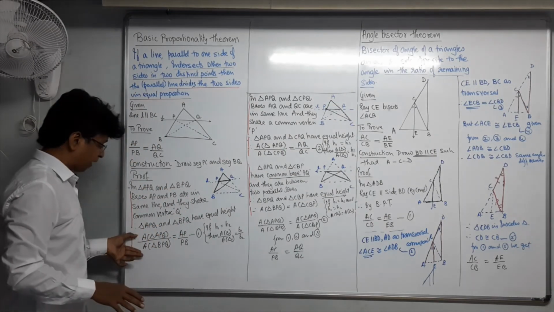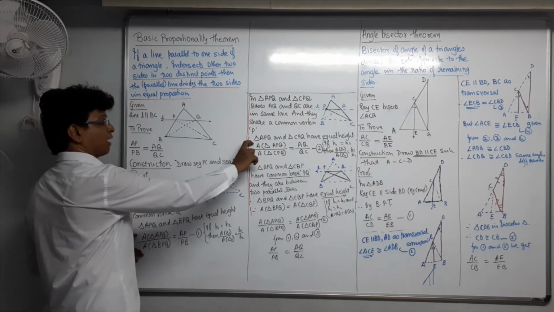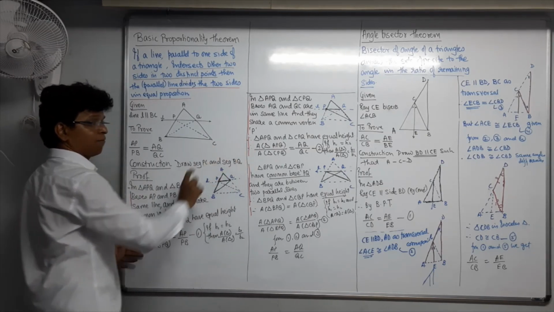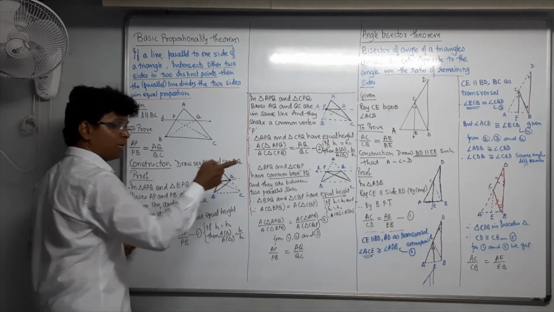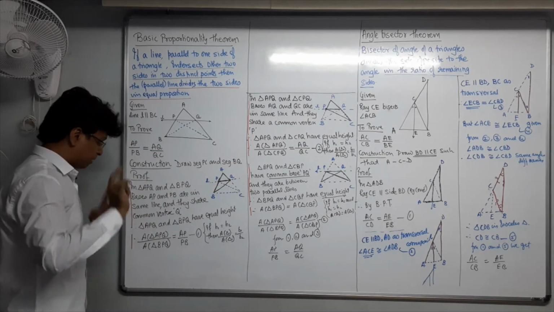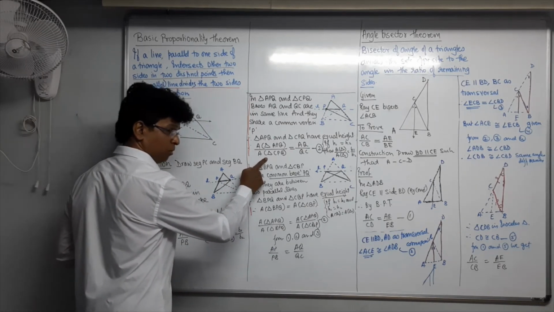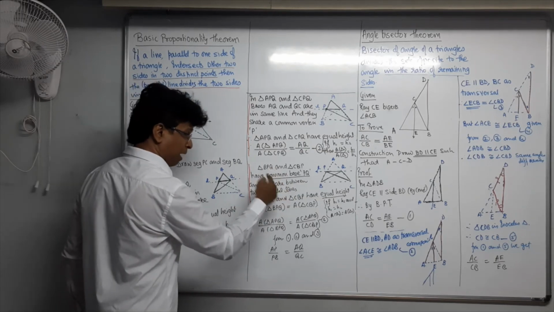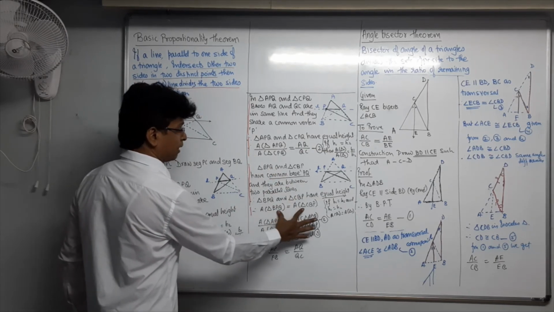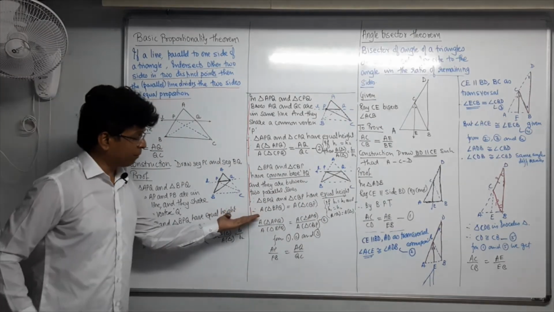I have to show area of triangle APQ upon area of triangle BPQ is equal to area of triangle APQ upon area of triangle CPQ. This I have to show. But in that also, area of triangle APQ and area of triangle APQ are equal already. That means now I have to only show area of triangle BPQ is equal to area of triangle CPQ. And for that I just apply that they are triangles between parallel lines and having equal base, so automatically they become equal in area. Now the only thing is that you should be able to present it.